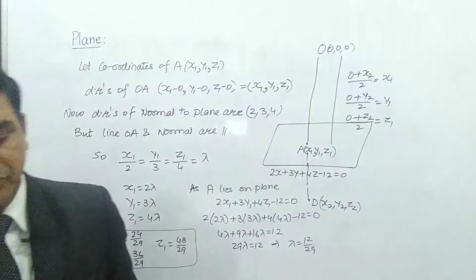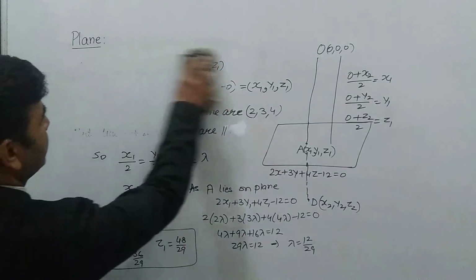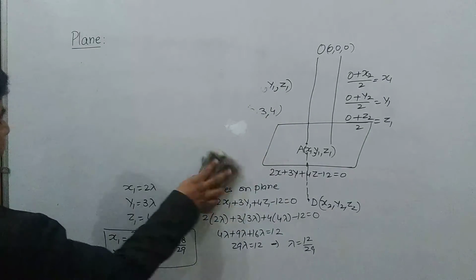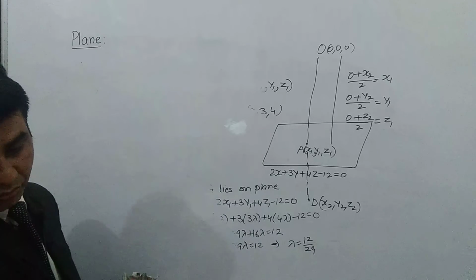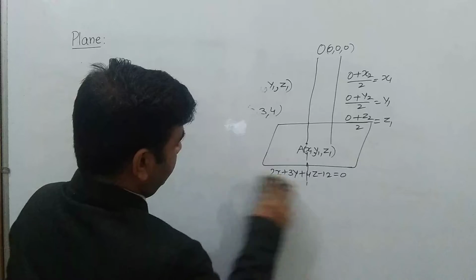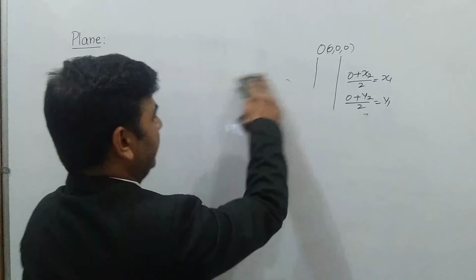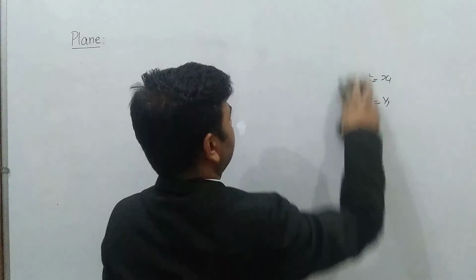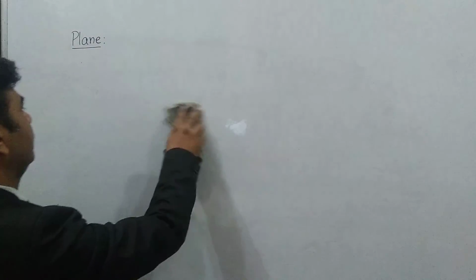First of all, we should read question number 5, in which we need to find the equation of a plane which is passing through a point and the normal vector is given to you. Students, if your concept is clear, in that case only you can write down the equation of the plane. We should remember the concepts behind the topic plane as well as line.